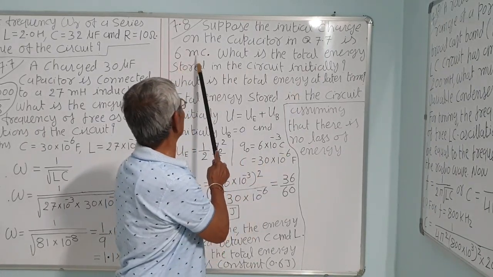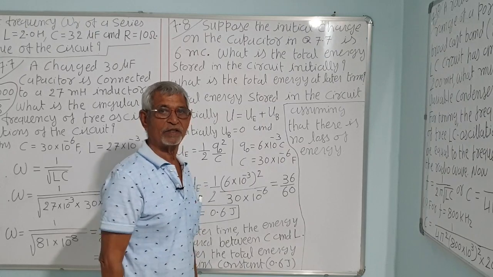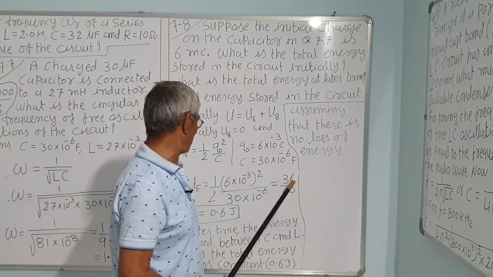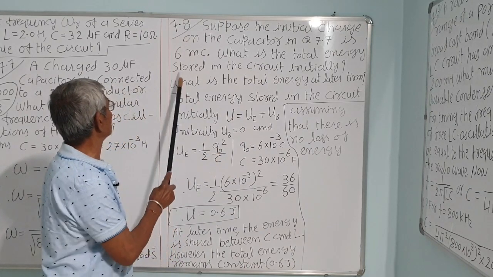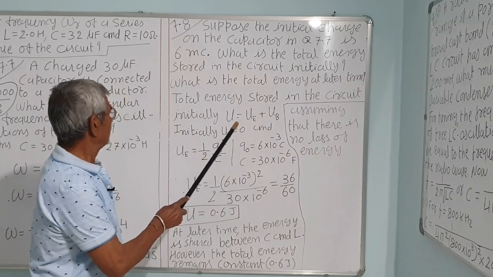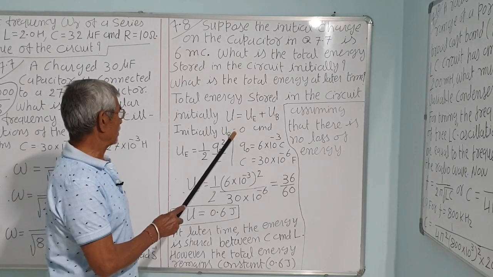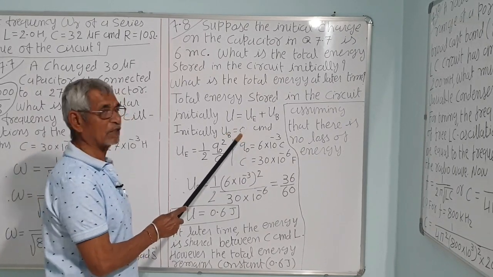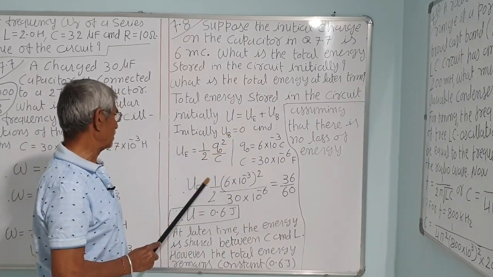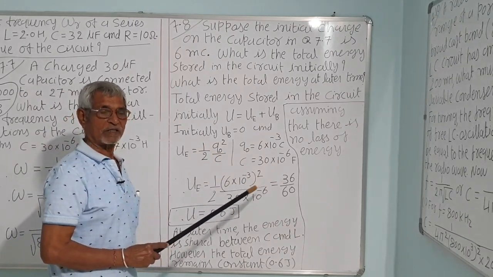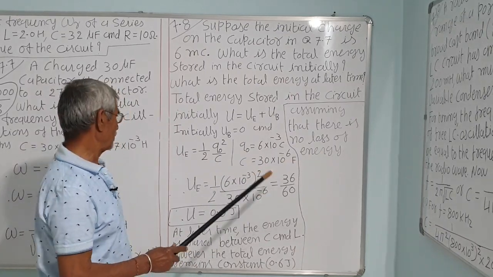The charge is 6 millicoulomb, and the capacitor stores electrical energy UE equal to half Q square upon C, where Q0 is the maximum charge given, 6 millicoulomb. And the magnetic energy in the inductor is 0, correct? When the circuit is closed, the capacitor will discharge. Charge on the capacitor will decrease, the current will increase, and magnetic energy will increase. It will be stored in the form of inductors. The charge and the energy oscillate periodically between the C and the L.